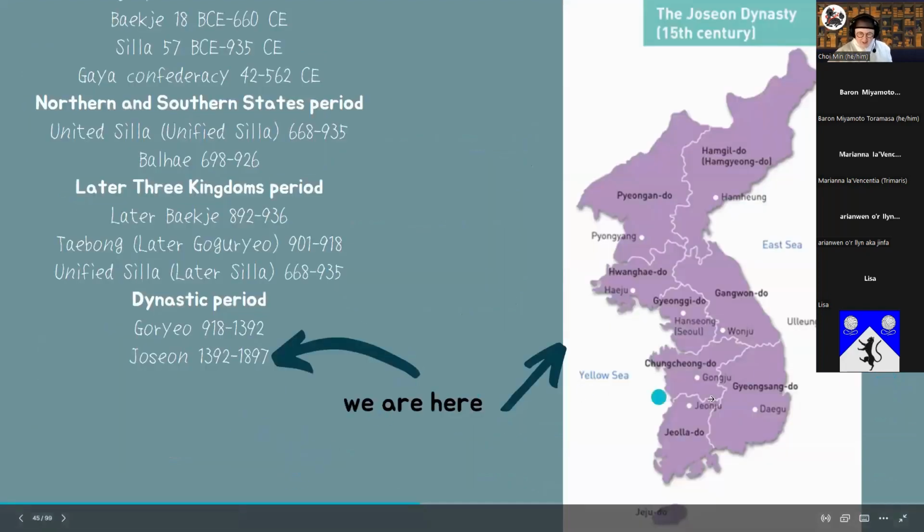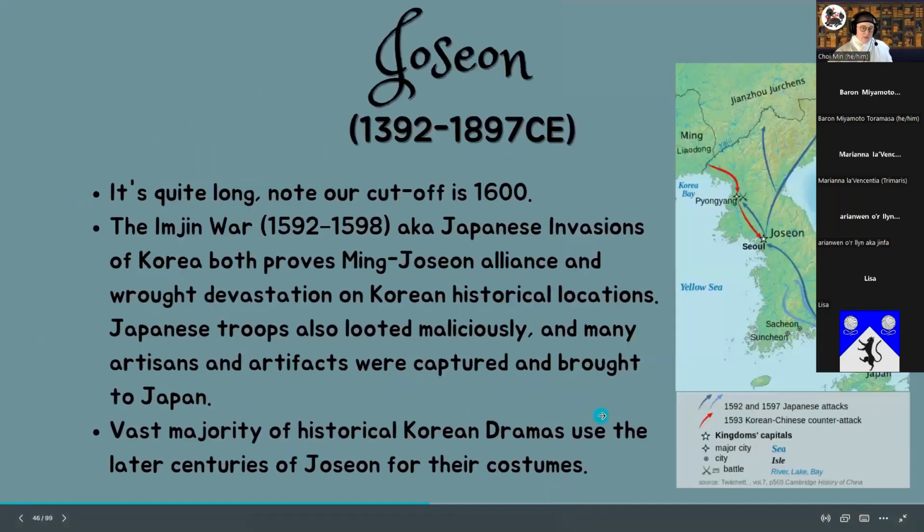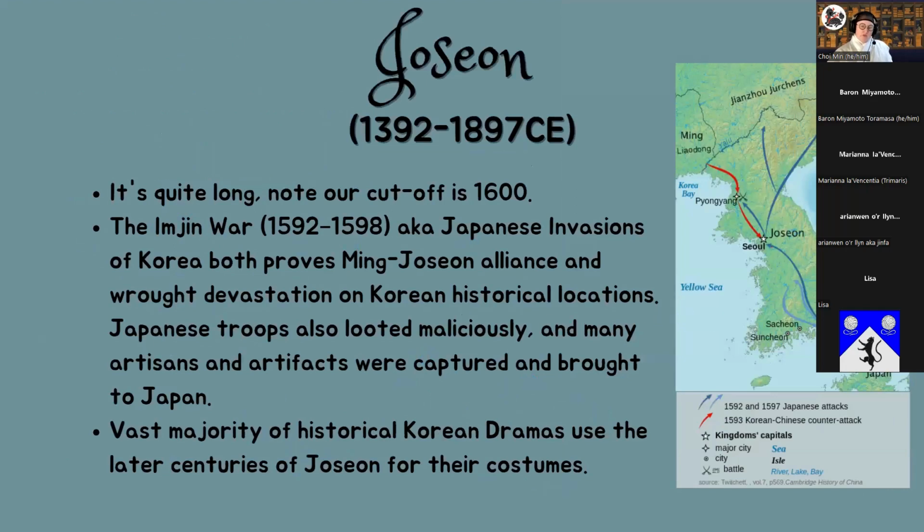So here we are. We made it to Joseon. Oh boy. Okay, I'm going to try to speed through. Basically, the Imjin War. The Imjin War was Japan, I think Hideyoshi. I can't remember names, I'm bad with names. He was trying to invade and successfully destroyed a ton of stuff. Kids were kidnapped, enslaved, forced into being samurai families and working with the military there. They were adopted into noble families.